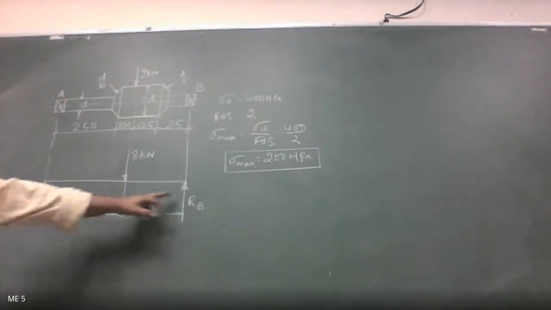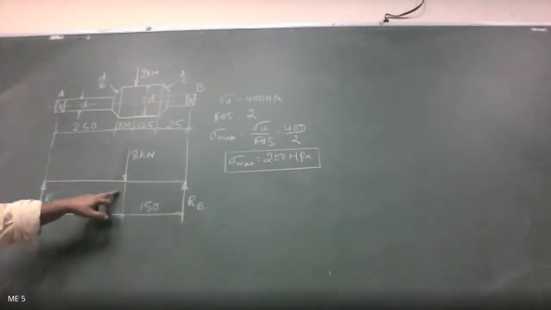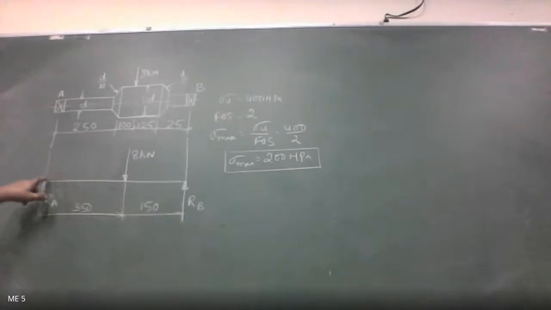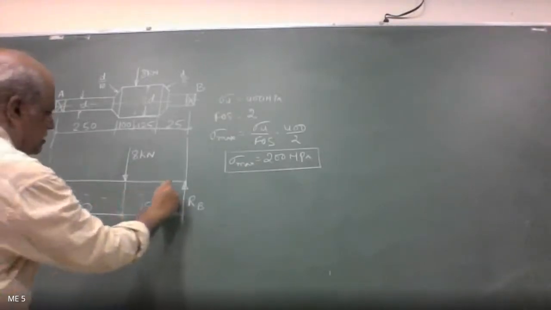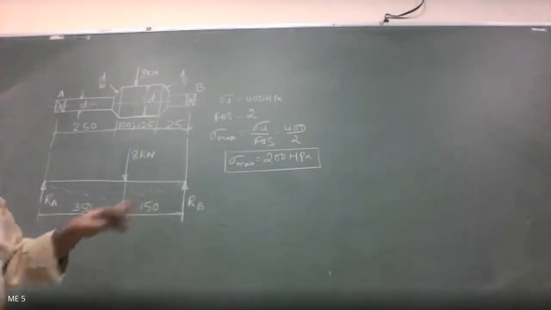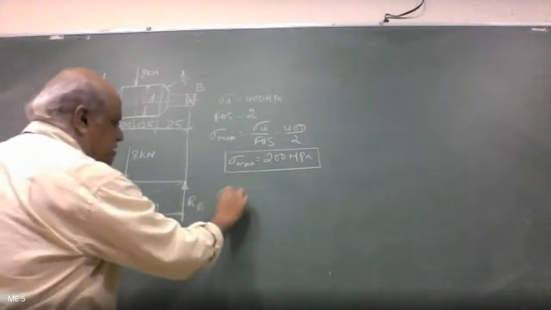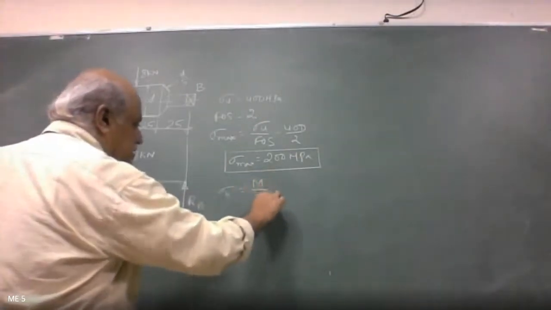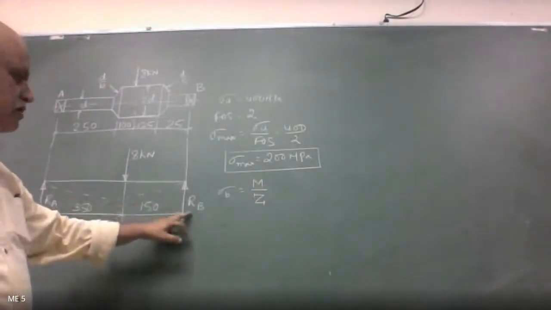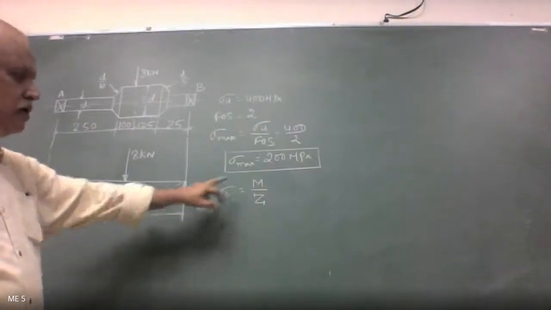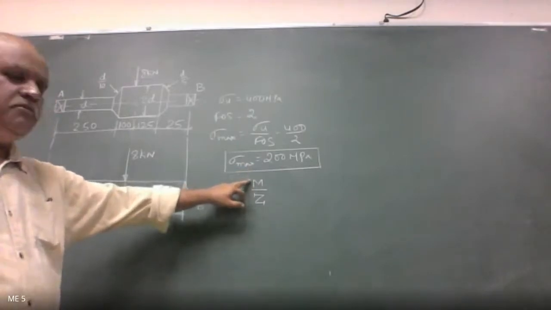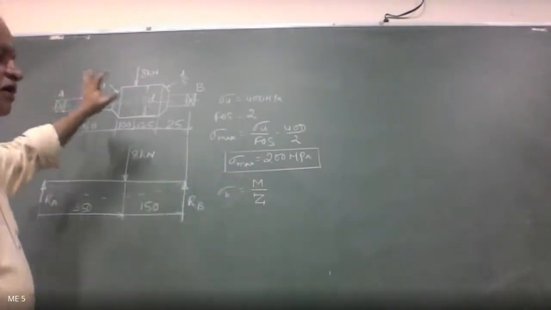So there is a simply supported beam with a load of 8 kilonewton. What this 8 kilonewton does is it will bend the beam something like this, so there is going to be bending stress. Bending stress is given by bending moment divided by section modulus. Since there are reactions RA and RB also, we have to consider those forces and find out the maximum bending moment. Then using the maximum bending moment, we need to find the diameter of the shaft.